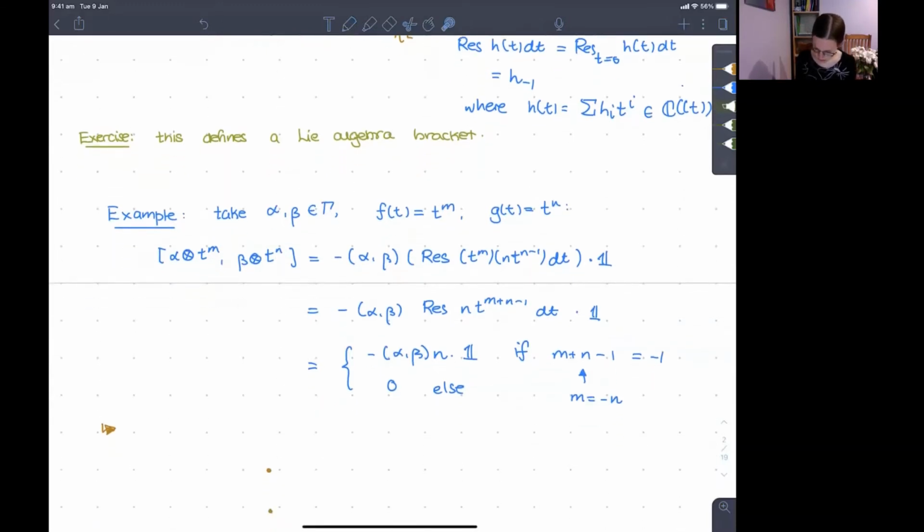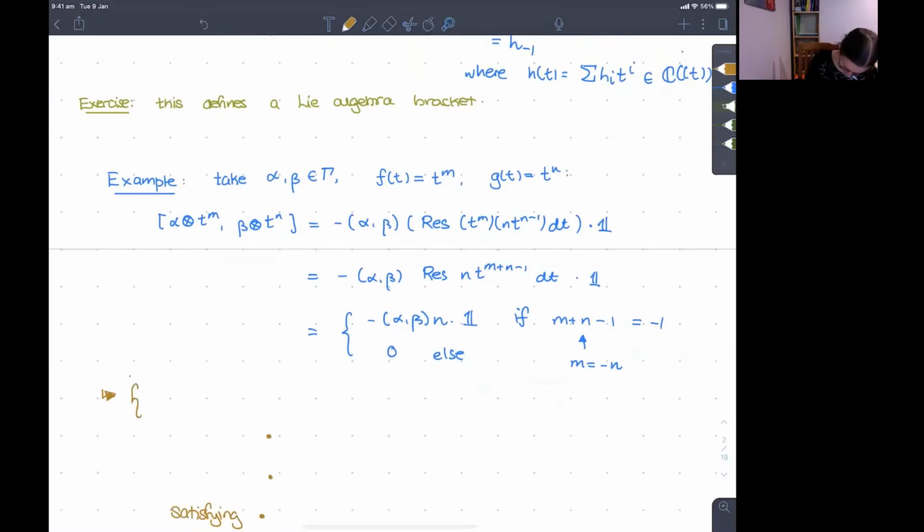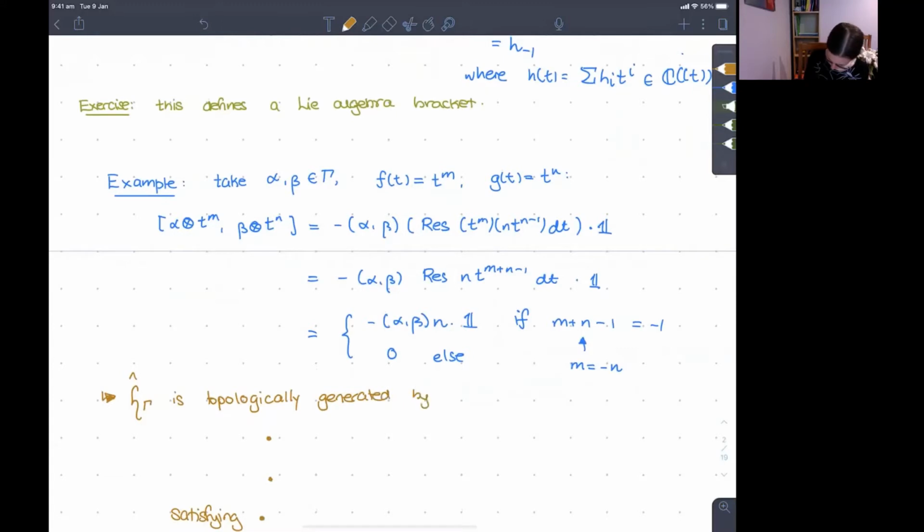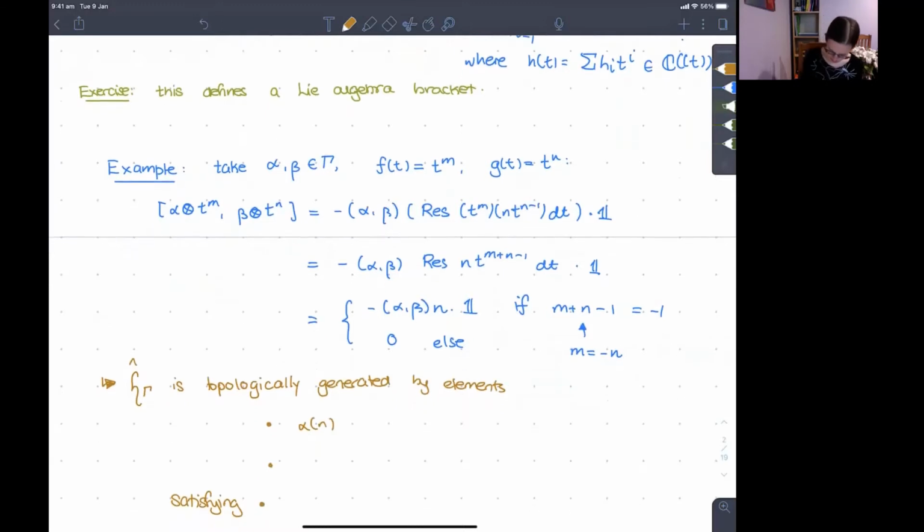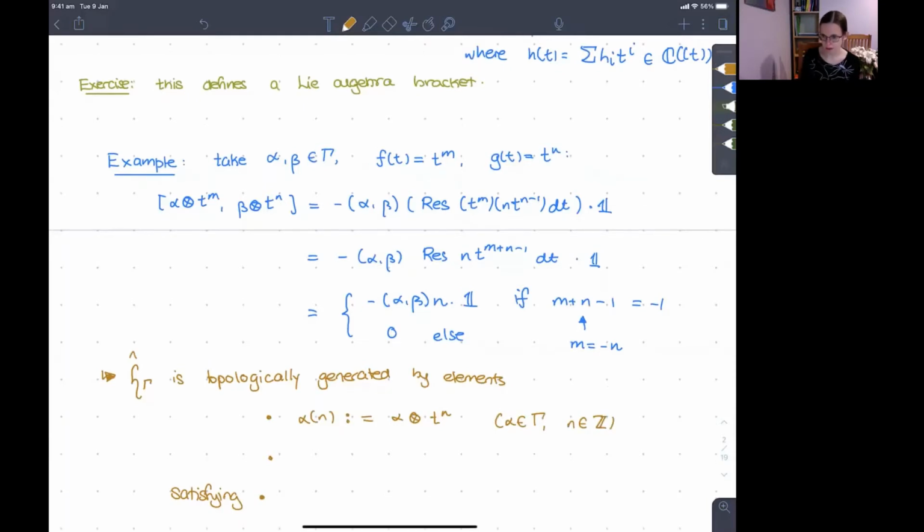So what we see is that the Heisenberg is topologically generated by elements alpha n, which are going to be our shorthand notation for alpha tensor t to the n, where alpha is in gamma and n is an integer, and 1,